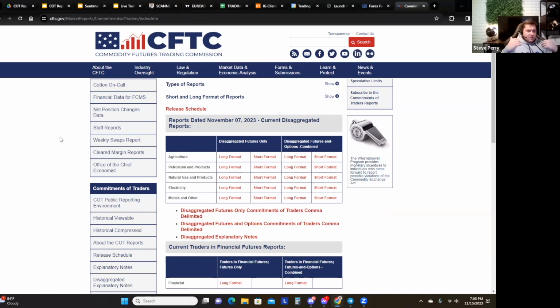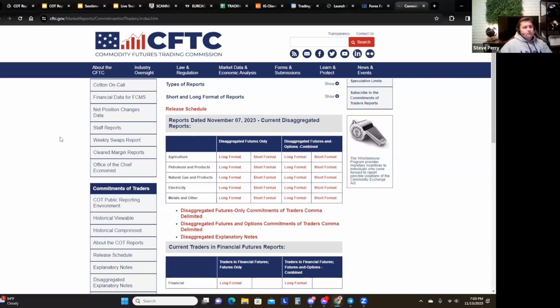So the CFTC is monitoring all these different banks, and these banks are actually required to inform the government every week of their current holdings in the market. So if they have long positions on the euro or long positions on the British pound or the yen, they have to report those holdings to the CFTC, and the CFTC then releases it to the public. They don't necessarily release individual corporations or individuals or organizations that have positions,